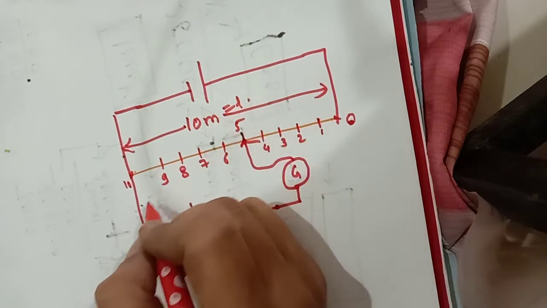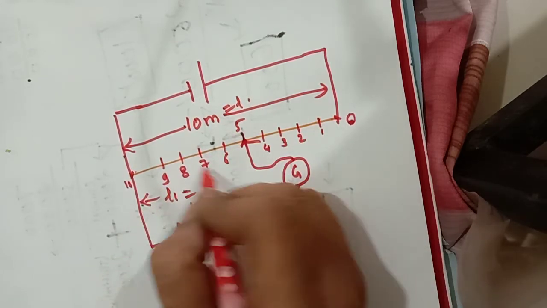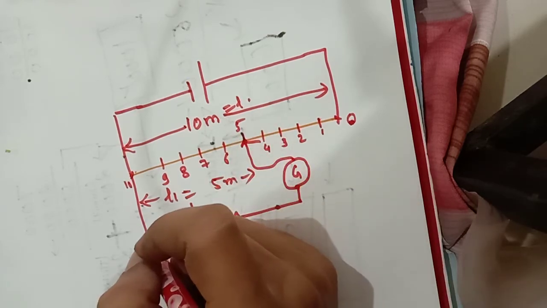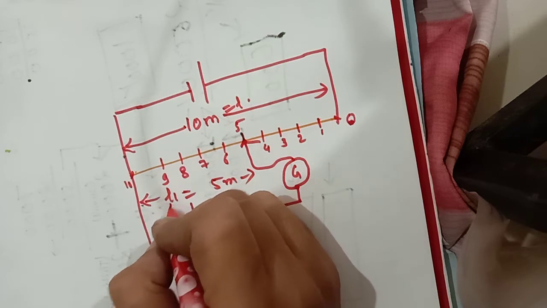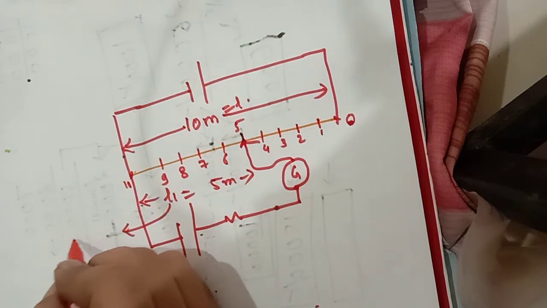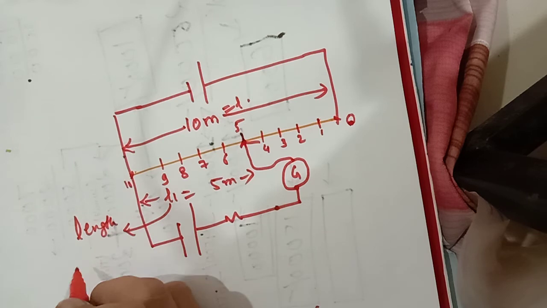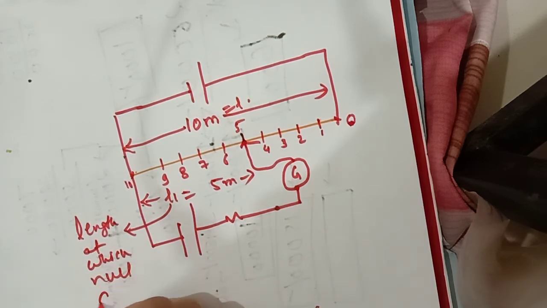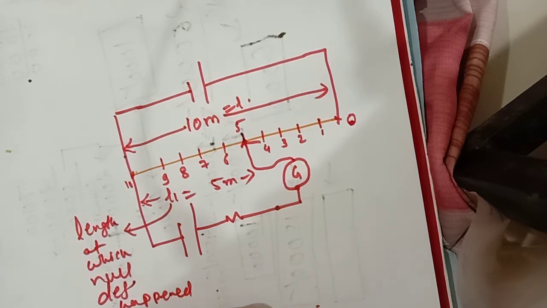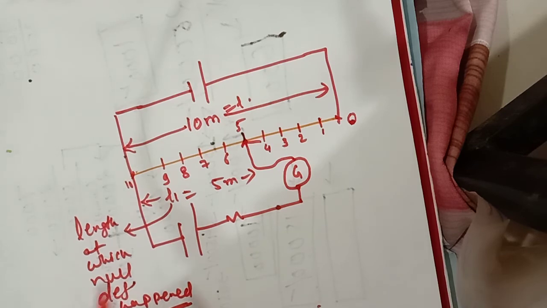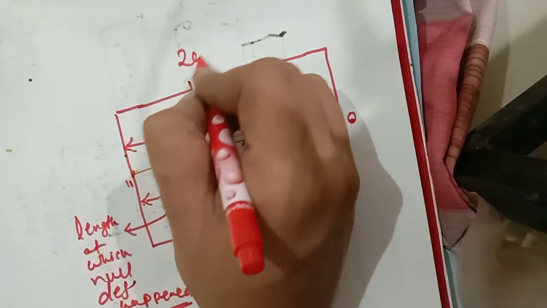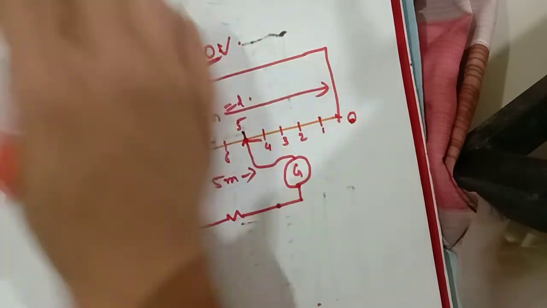Okay, so what is L1 over here? L1 is 5 meter. You can see very well in the diagram, right? What is L1? Length at which null deflection happened, right? So by calculating it,